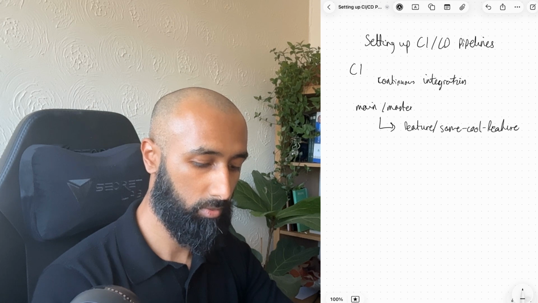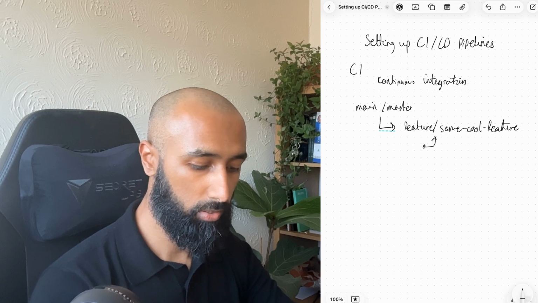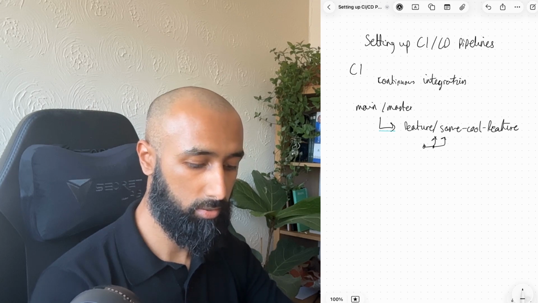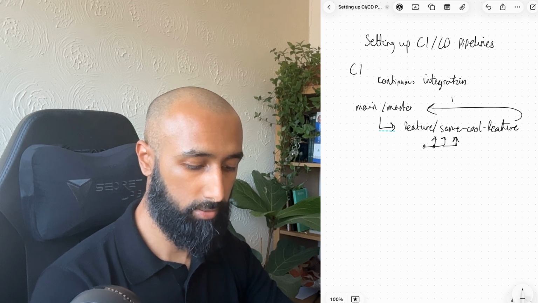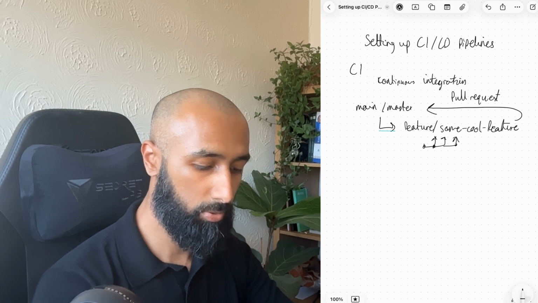some call it feature. You'll do your work, add your commits, all that fun stuff. But now getting it back into main, you'll have to create a pull request,